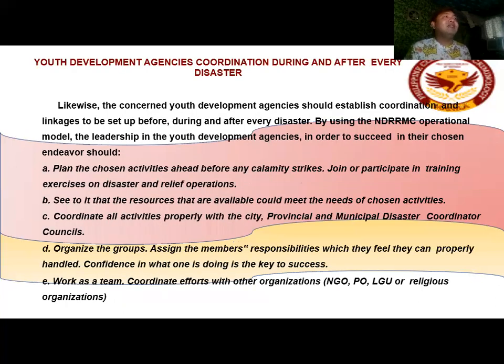Youth development agencies coordinating during and after every disaster. Likewise, the concerned youth development agencies should establish coordination and linkages to be set up before, during, and after every disaster. In Manila, we have the Youth Commission under the City Government of Manila. By using the NDRRMC operational model, the leadership in the youth development agencies, in order to succeed in their chosen endeavor, should